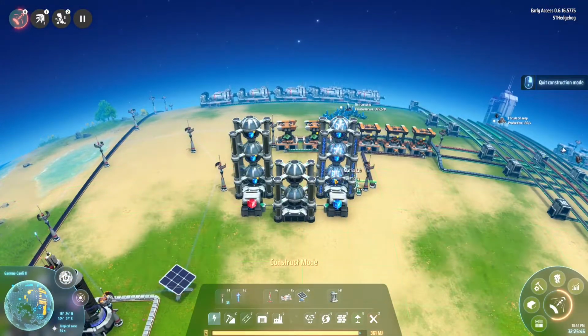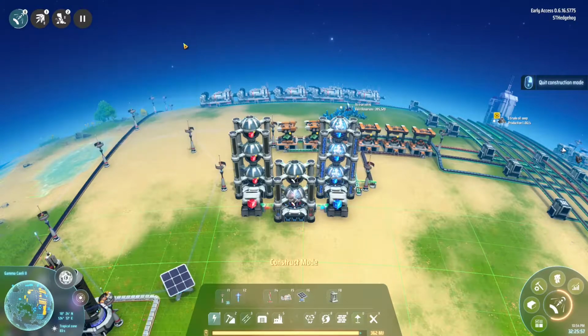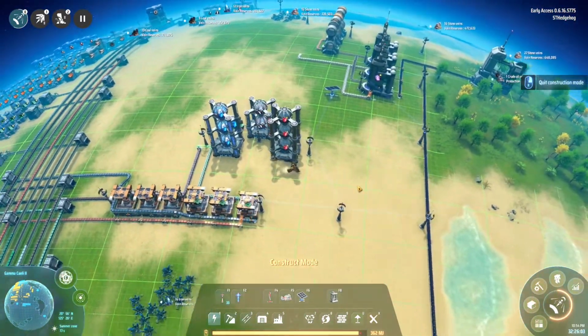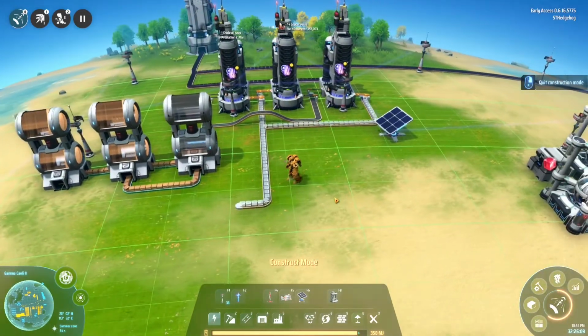And then we need to tell this to be red science. Then we need to tell this to be science. Click. And there we go. We are creating more science. We have our science carrying on, which is awesome. We have some science labs up and running. The only thing we need to do is sort out our refineries, which I will do in the next episode,